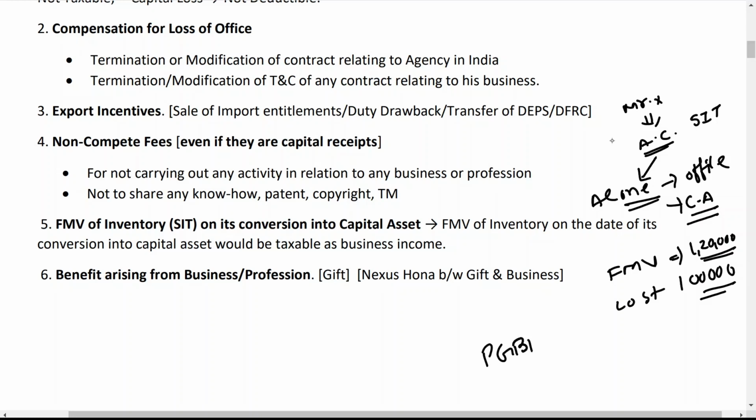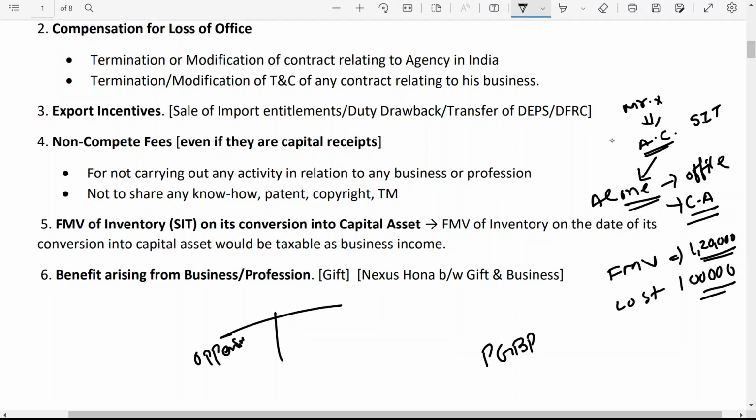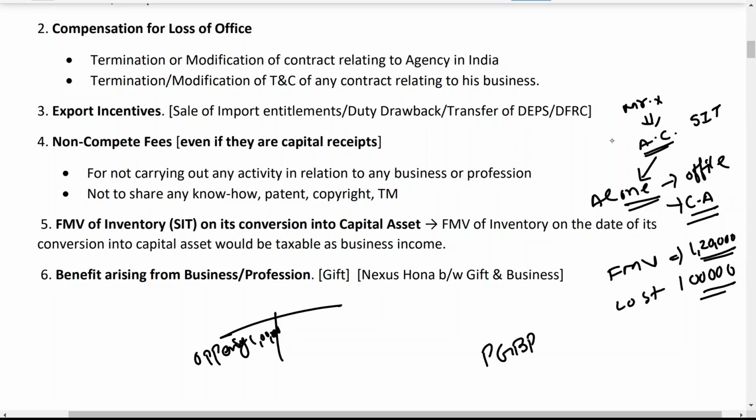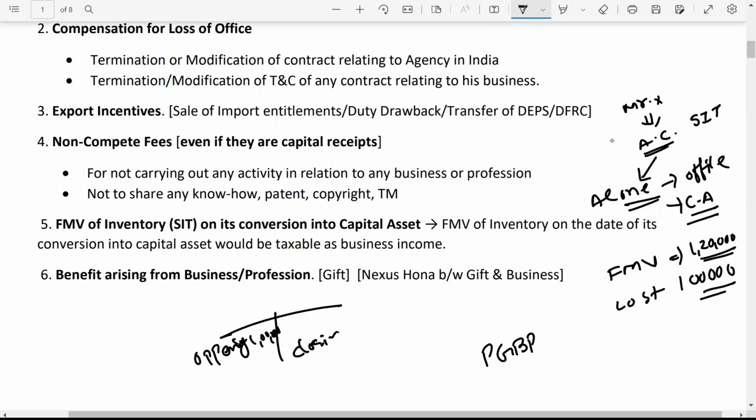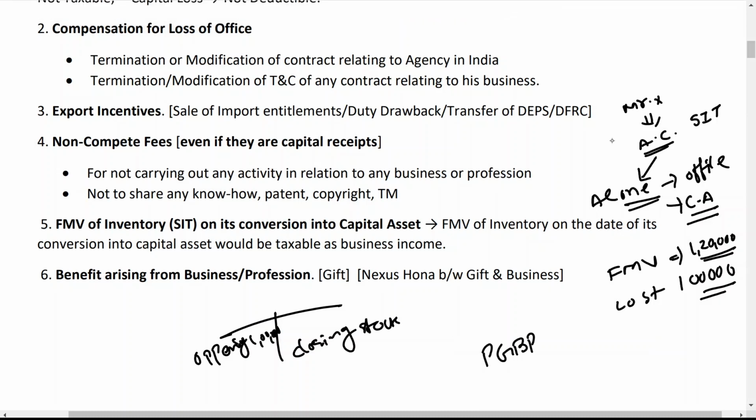Why? Because simple: when you purchased the asset, you wrote it down in the opening stock at rupees 1 lakh. But if you do not sell it, it will not be reflected in your closing stock. So by that amount your profit will go high. Because opening stock is there and closing stock is not there, you will get a deduction. You are claiming the expenses but not showing the income, because if it is sold at fair market value, you will get 1,20,000, but now you are not selling it, and it is not there in your closing stock also.